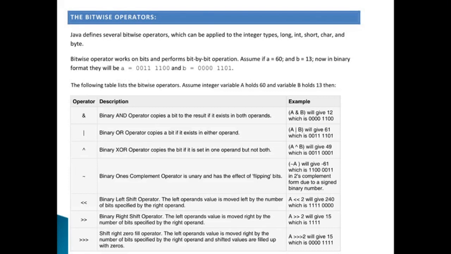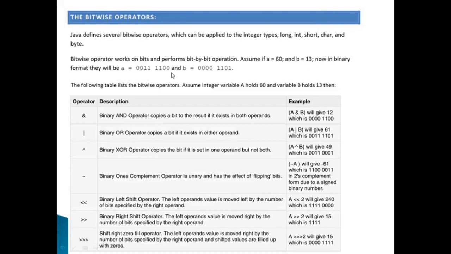So each and every variable among long, int, short, char or byte can be converted into binary notation, and if it can be converted into a binary notation, then bitwise operators can be performed on it. So here we see an example, suppose A is 60 and B is 13.